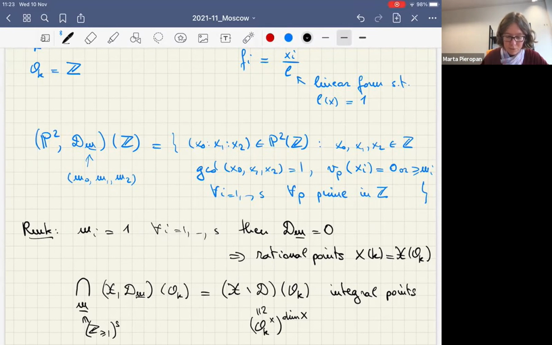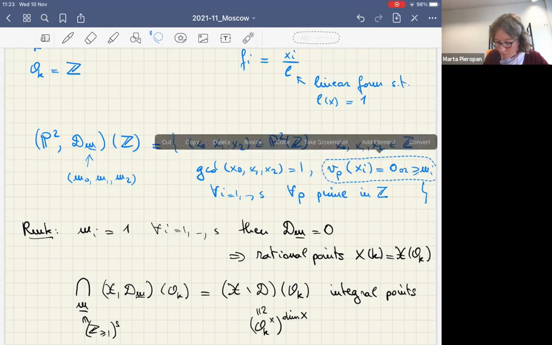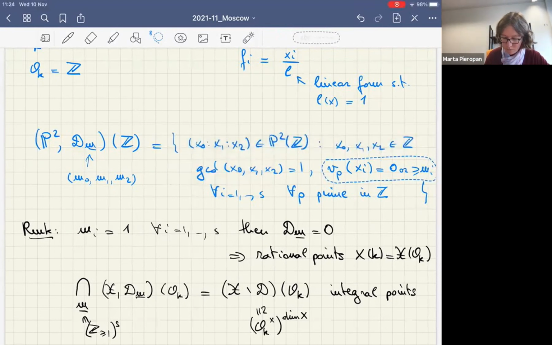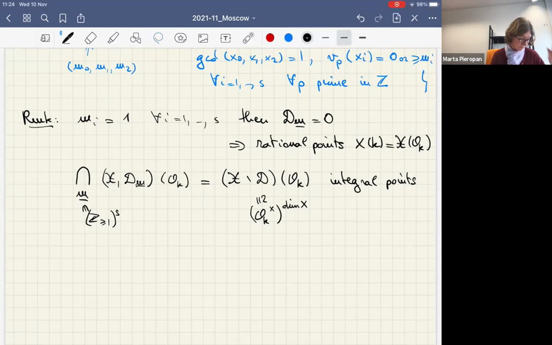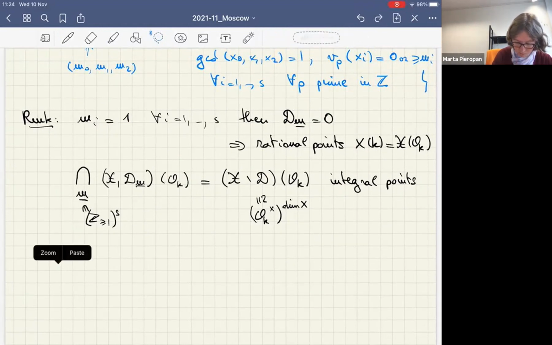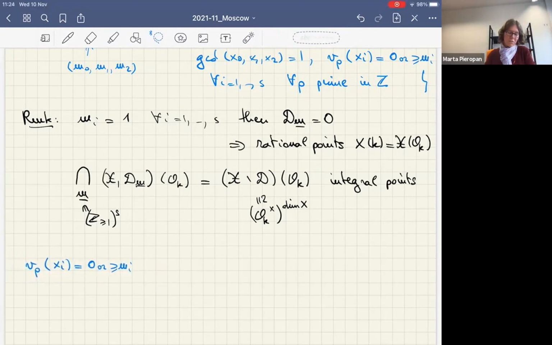All right, so now I'm going to lift these definitions to the universal torsor. First, let's try to analyze this condition a little bit better. So this condition, the p-adic valuation is either 0 or at least mi, means that